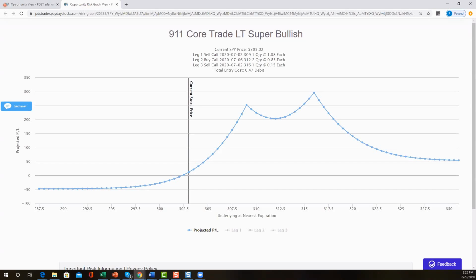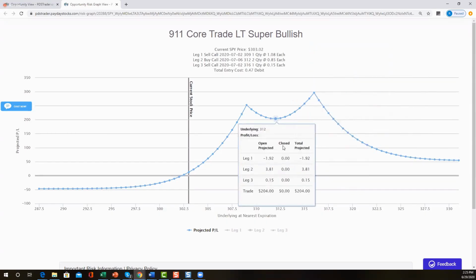How can we define a dangerous dead zone? The way you define a dangerous dead zone, Ryan, is by looking at the absolute peak lag of the dead zone, which is what you see here, and that's at 312. You multiply the number of longs by 50, and you subtract that from where the profit is. On this one, the number of longs is 2. So 2 times 50, that's $100.